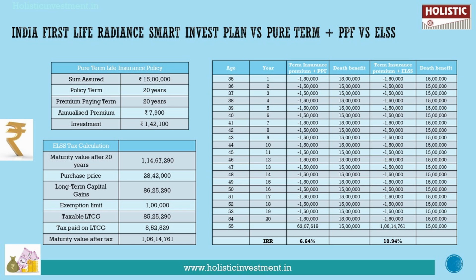After paying the premium, we would have a remaining balance of 1,42,100 rupees. Each year we are going to invest this money in a chosen investment vehicle. So for a riskless product like a debt instrument, with a guaranteed return, we have chosen PPF, which is Public Provident Fund, a government-backed product with guaranteed returns, and it can even give you tax benefits under Section 80C. So we choose to invest in the PPF plus term insurance policy combination for the next 20 years. We will get an IRR of 6.64%.